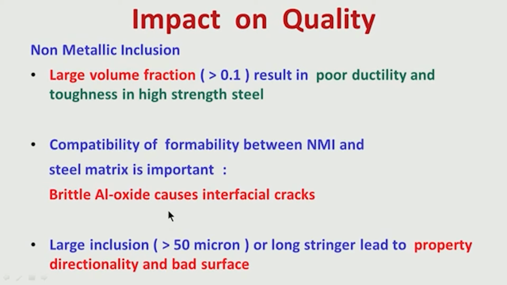Now, this alumina has to be slowly taken out of the steel at the stage of secondary refining. That means, at the stage of deoxidation, when they are forming, we have to give enough time for these alumina oxides to float up and get absorbed in the slag. This will be taken up in detail later on, but we have to remember at this stage that these aluminum